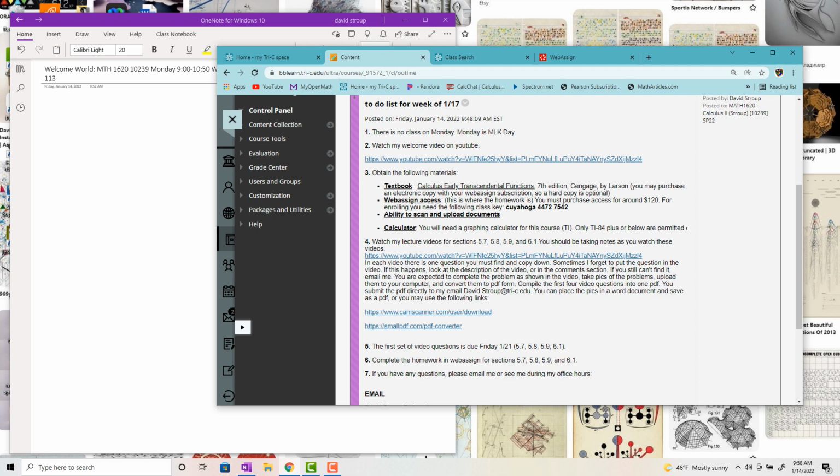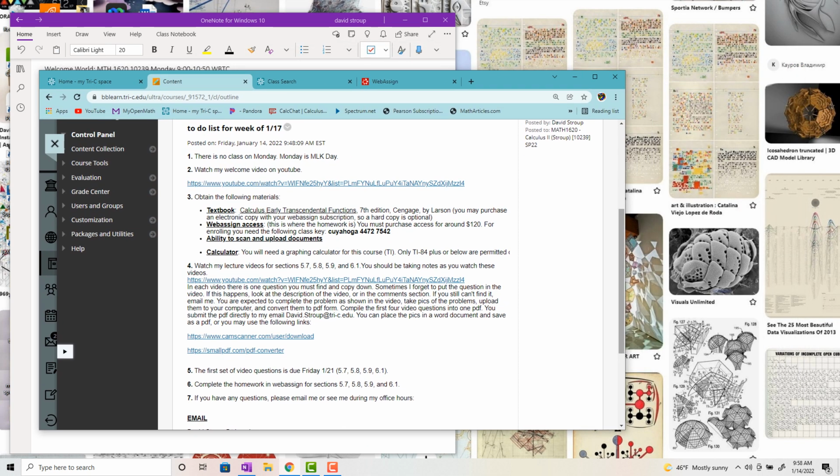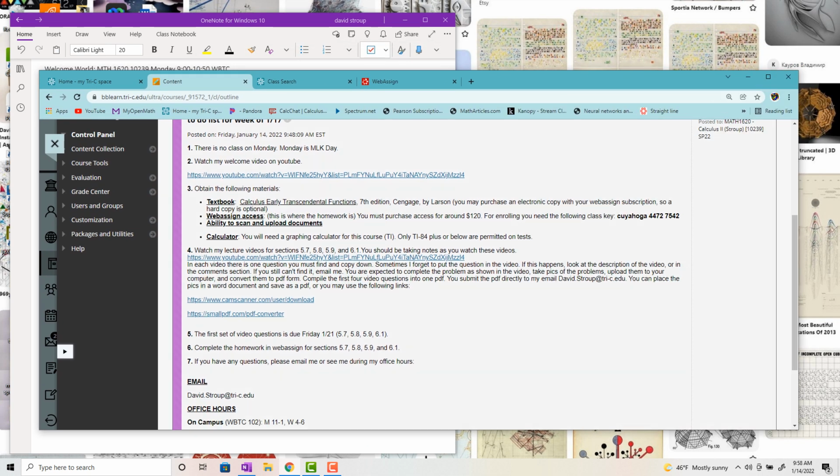The calculator, I've debated this greatly. The department says you can use up to a TI-84 Plus. I'm leaning towards scientific only on tests, but we'll see. I think I'll let you use the TI-84 on a test, though. You can't use the higher powered TIs, like the 89s. Those things do all of the stuff that we're trying to teach you how to do. I'm not testing calculators. I want to test students.